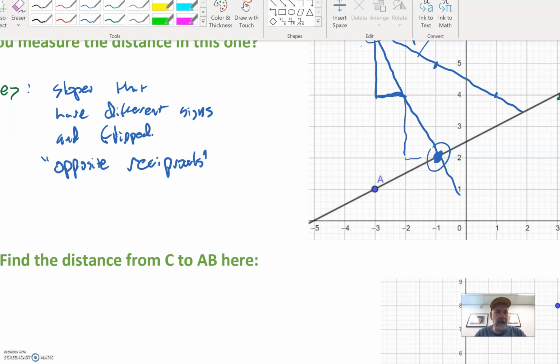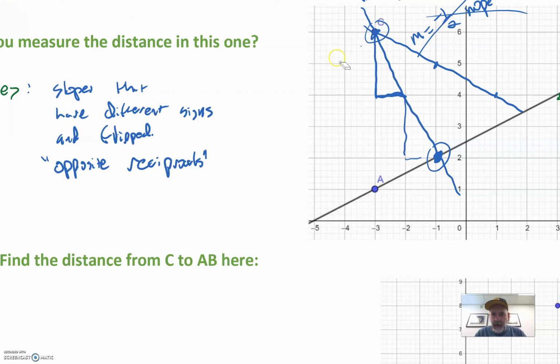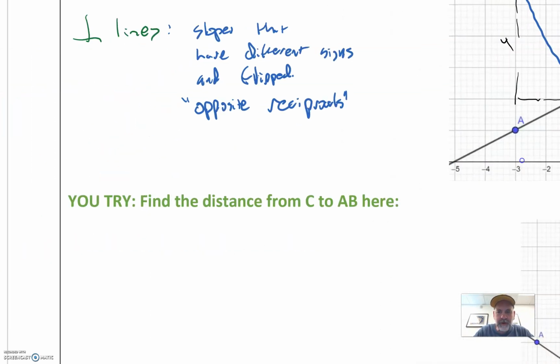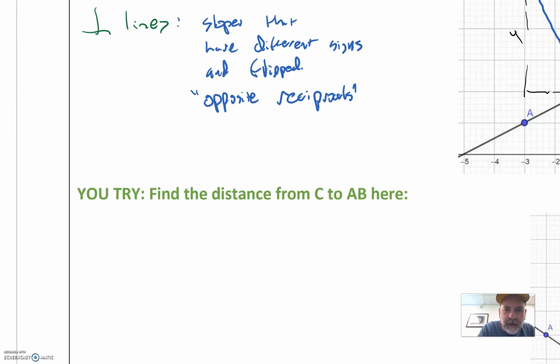or you can do it with the distance formula. Students know that I always do the Pythagorean theorem way, unless the numbers are really weird. If the numbers are really weird, sometimes I use the distance formula. But otherwise, I say, all right, I'm finding the distance between these 2 points. Well, it's 1, 2, 3, 4. It's 4 down and 2 over. So 4 squared plus 2 squared gives me the distance squared,